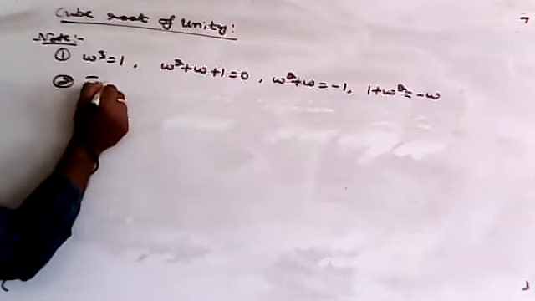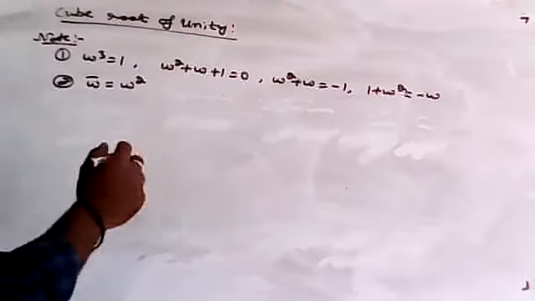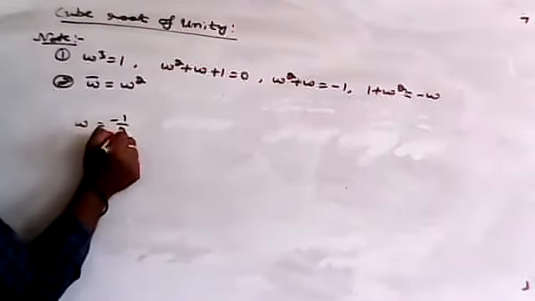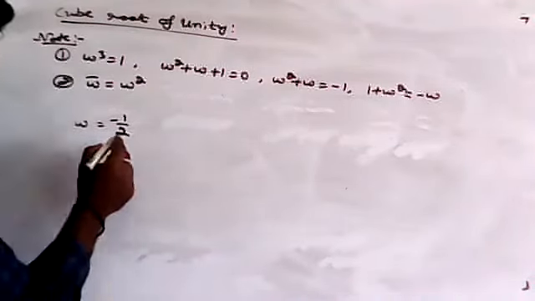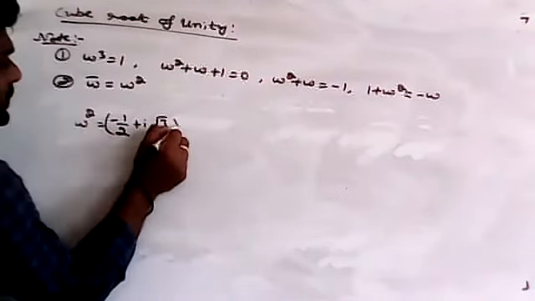Okay, and second one, omega bar is equal to what? Omega square. If I take the conjugate of that one, we'll get omega square. Okay, if you want to check this one, you go to the previous problem also. Just square that one. Any term you take, just square that one, you'll get the answer. For example, in the w equal to 1 problem, I'll take minus 1 by 2 plus i root 3 by 2, no? Just square this one.